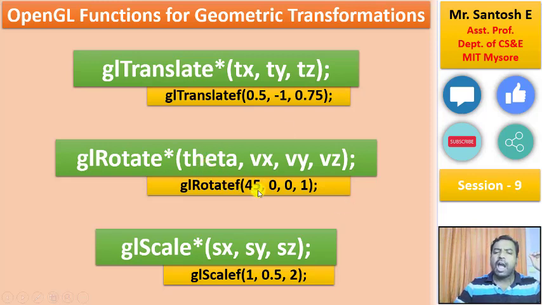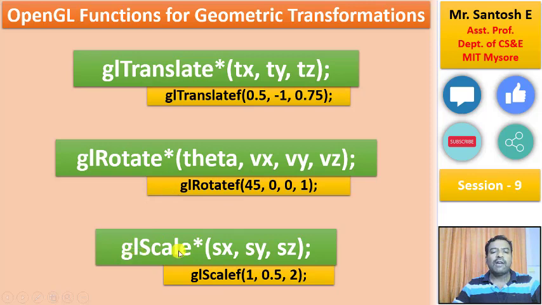So now I want a rotation of 45 degrees, the first parameter. Hence I am going to say the z value is going to be 1. Just observe, x is 0, y is 0 and z is 1. So this means the rotation should happen with respect to the z axis. If I wanted the rotation to happen at the x axis, I would have given 1 0 0. For the y axis, 0 1 0. For the x and y axes, 1 1 0. You can put any combination depending upon which reference axis you need for rotation.